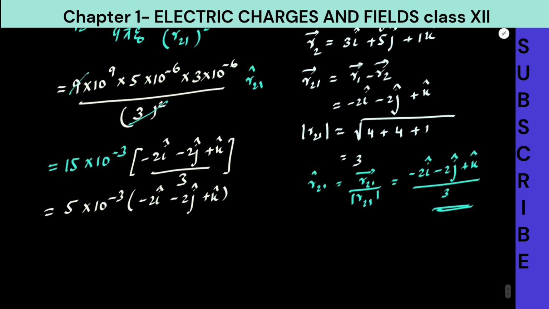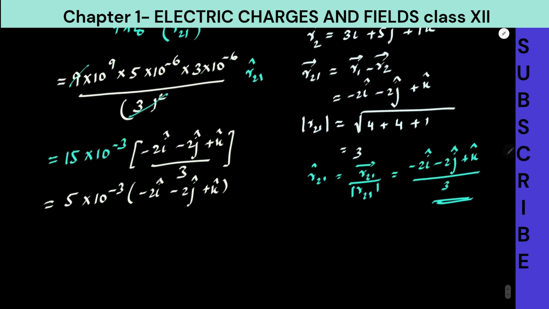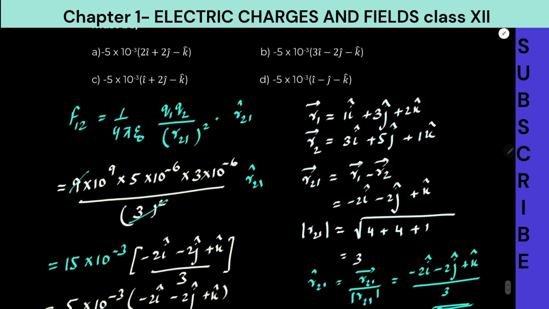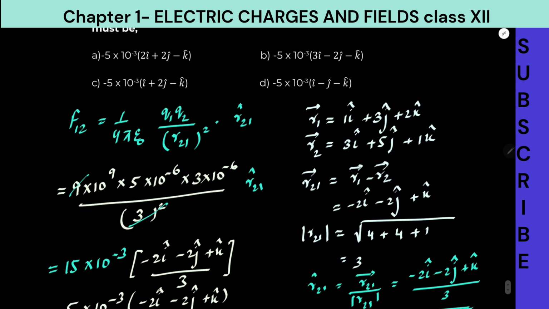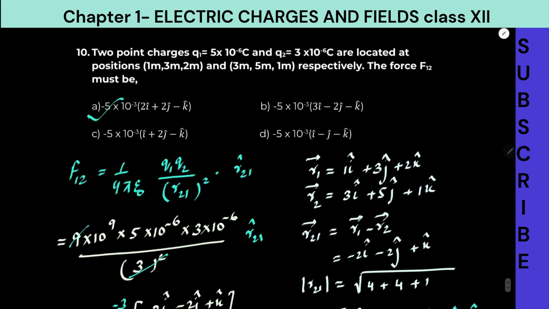So they have given minus 5, so let's multiply the whole expression by minus. This will become minus 5 into 10 to the power minus 3 newtons, into 2i plus 2j minus k. Option A is correct. So this was our question number